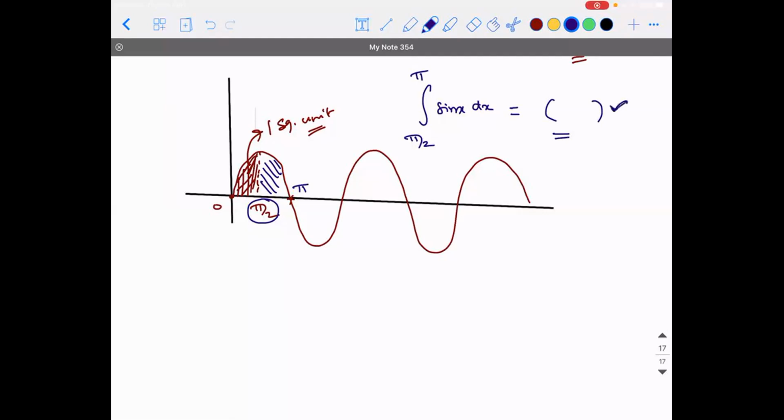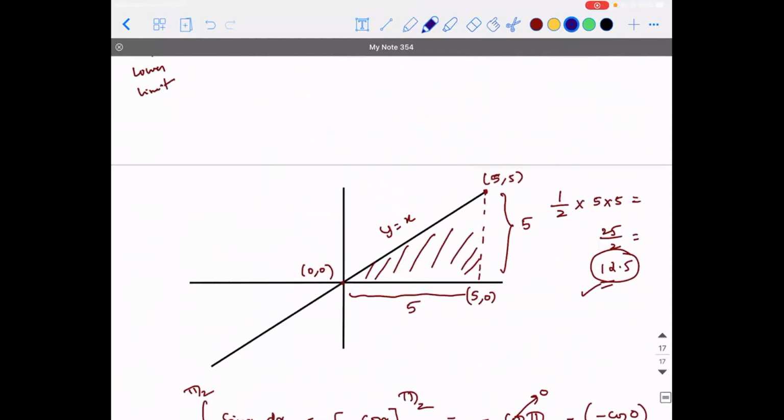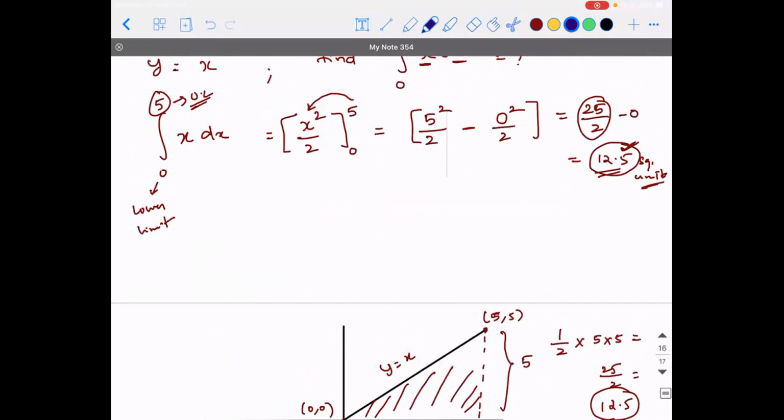Sir, it should also be pi, no sir, 1. It will not be 1. Sorry, it will be 1 only. But this area will change. This area will be something different. That would be -1. That will be minus. That is why I told you that you will get area with sign. That is what the definite integral does. The majority of the applications of sin x and all, you will have next year. For this year, you will deal only with algebraic functions.